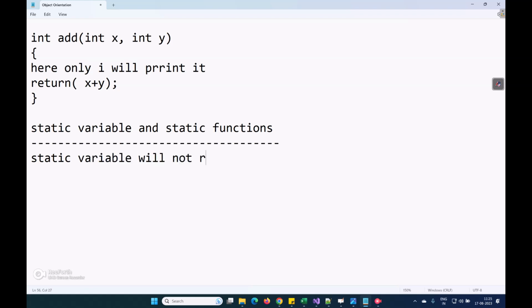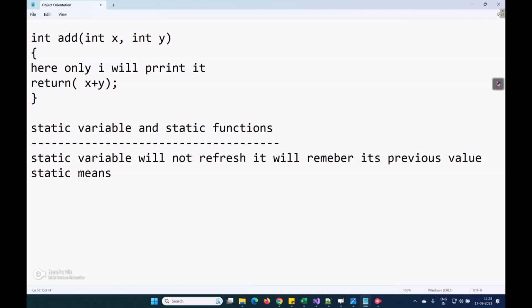So static variable will not refresh. It will remember its previous value. So here static means, what? Not changing.